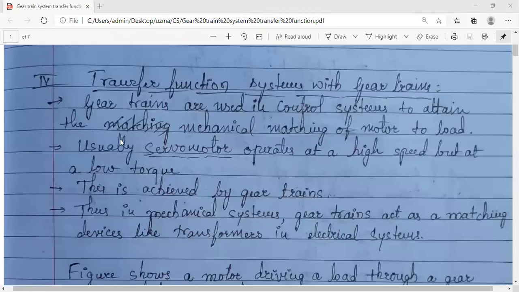In today's session, we are going to look at the transfer function of systems with gear trains. You might have seen how gear trains look. As I gave you one example, the clocks: bigger clocks, inside the mechanism, how the wheels will be rotating. Based on the movement of those wheels, which are attached to one another, the rotation gets transferred. The energy is getting transferred. That's how gear trains work.